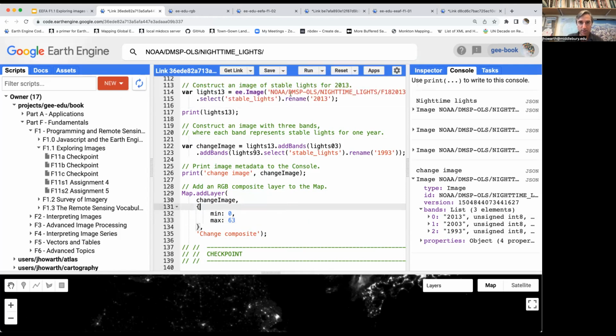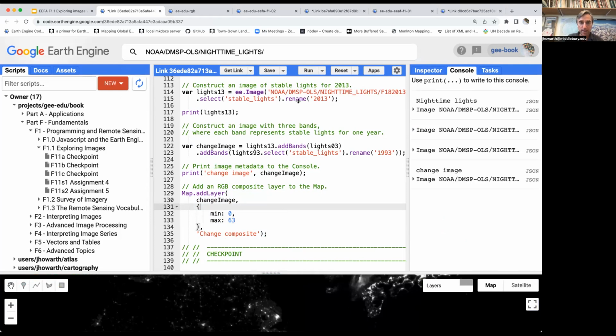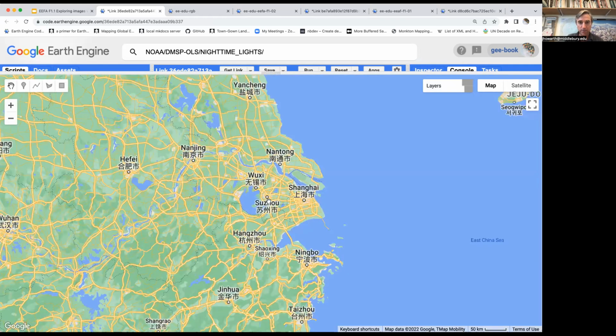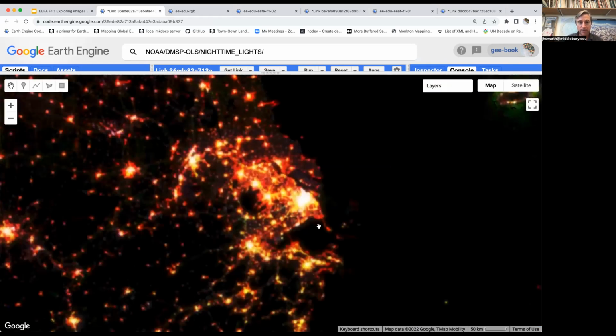And then call this thing the change composite. And when you run it, what you now get is what I think is a really interesting image that is showing you